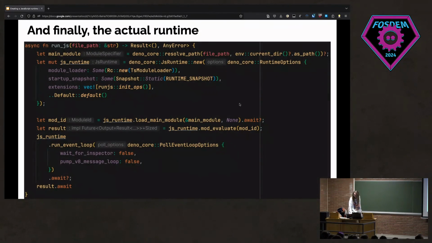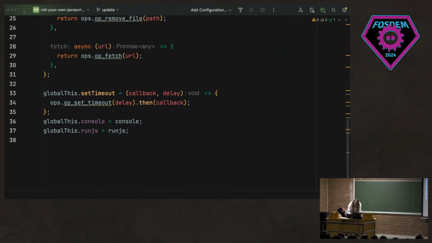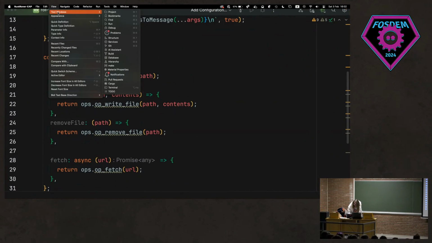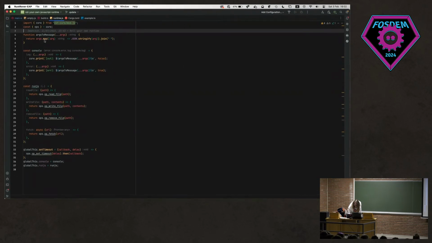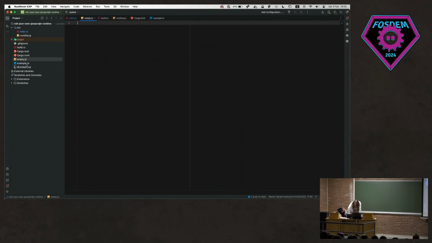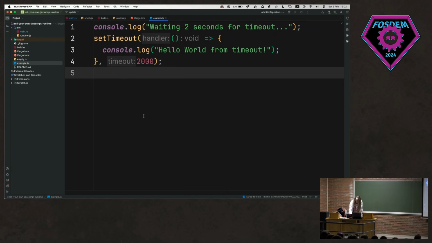And then we can do a small demo where I hope it's going to then be big enough again. That's definitely not. We have this example.ts file. Here we just call the set timeout that we defined earlier in the global scope, and then just timeout, and